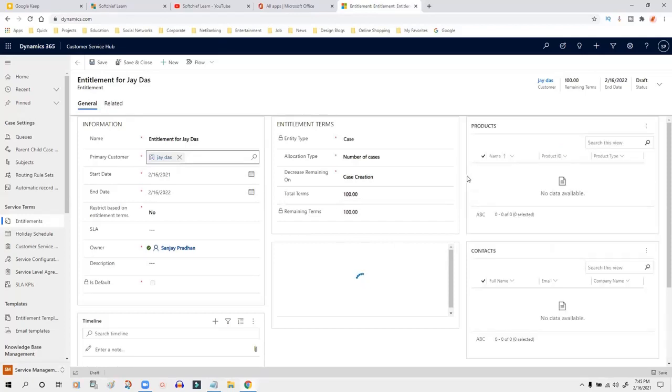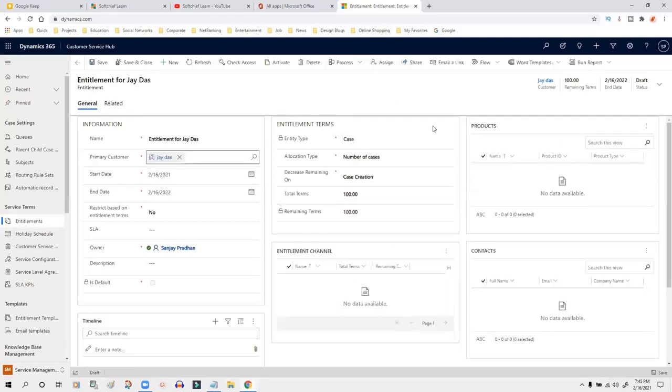Now I will see. Once it is saved, you have to activate this first, because every time a case record is created by this customer, this entitlement will be validated.